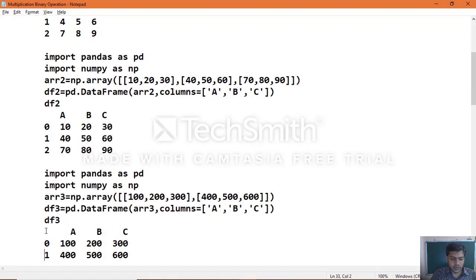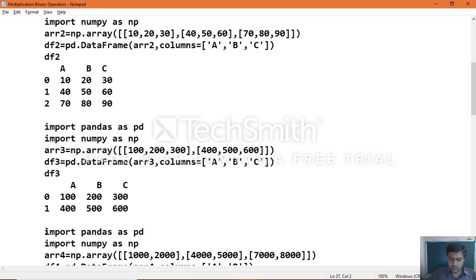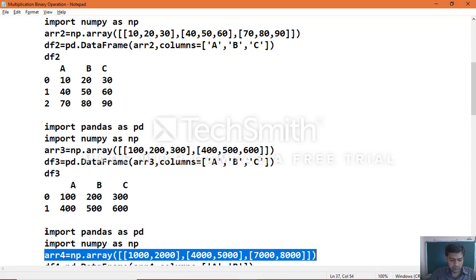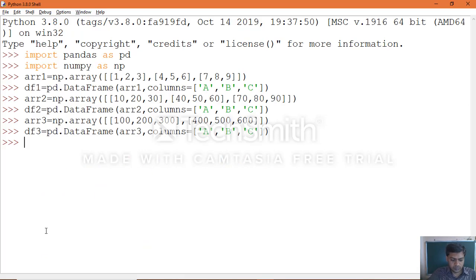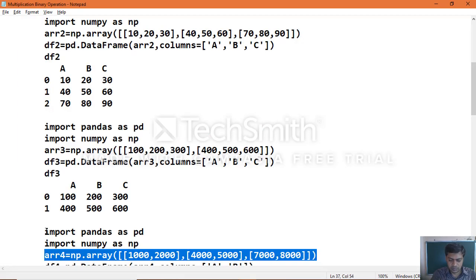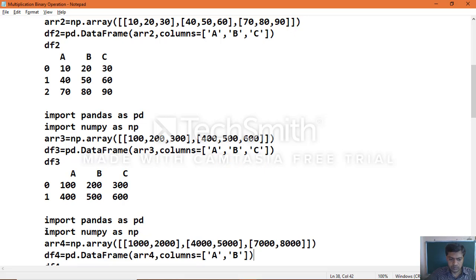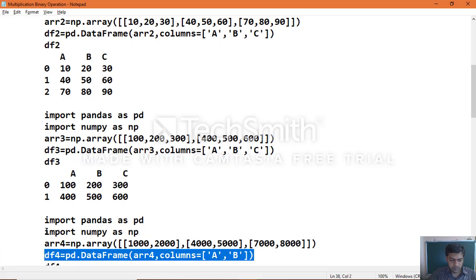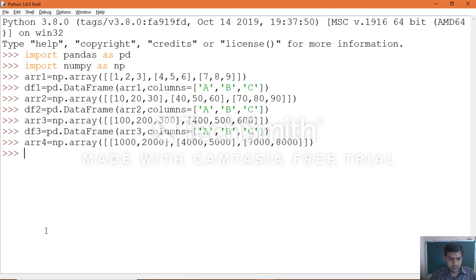Same way, object 4. Okay, now we have created the 4 data frame objects which we will be able to make use of.